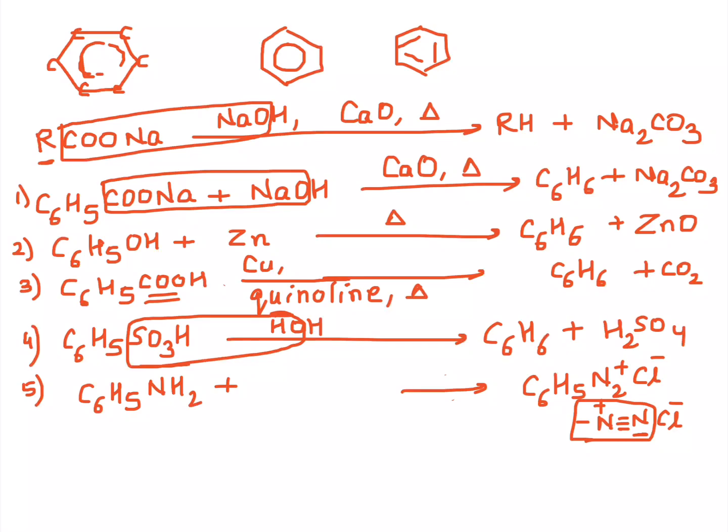The formation of these diazo compounds is done in situ. That means in the reaction mixture itself. We don't separate them. So we prepare them when they are required in the reaction mixture itself. And how do we do that? We actually have to treat it with HNO2. Now again, HNO2 is again generated in situ. And how do we do that? By treating a nitrite salt with an acid, right?